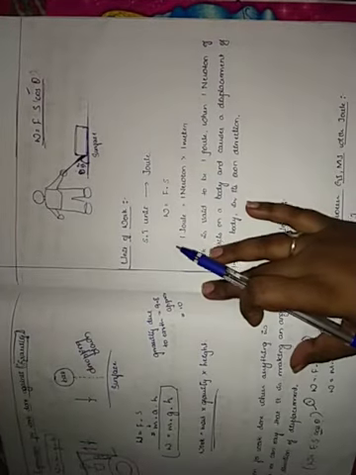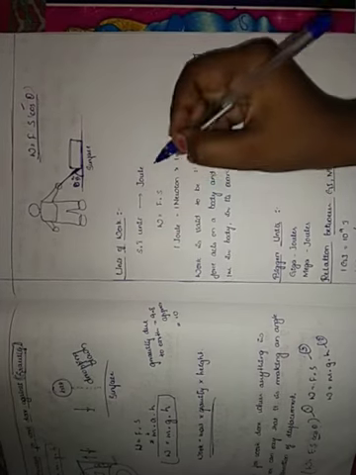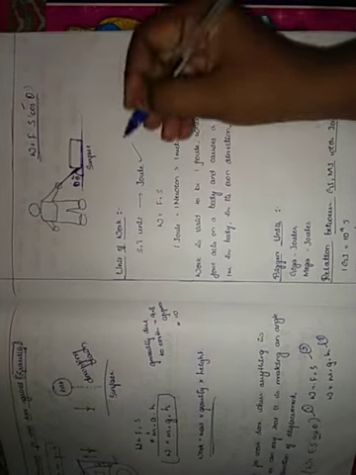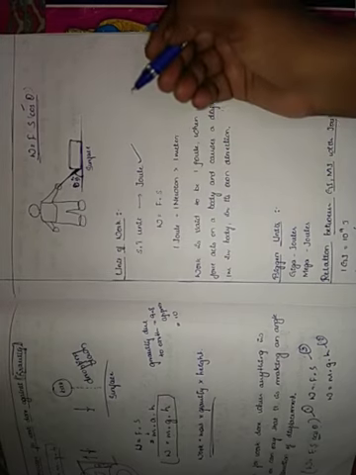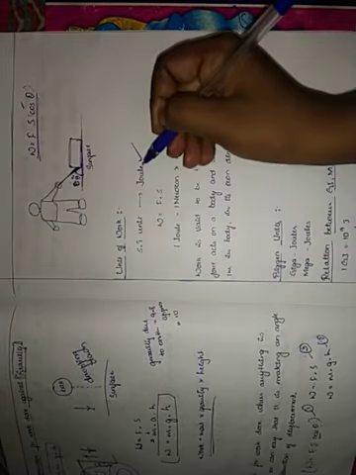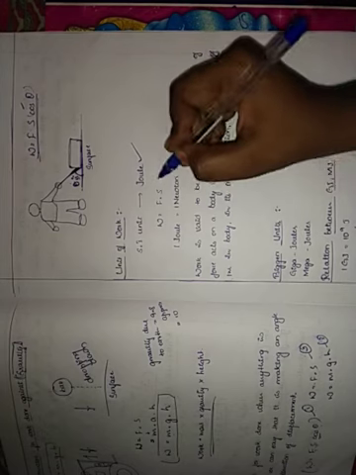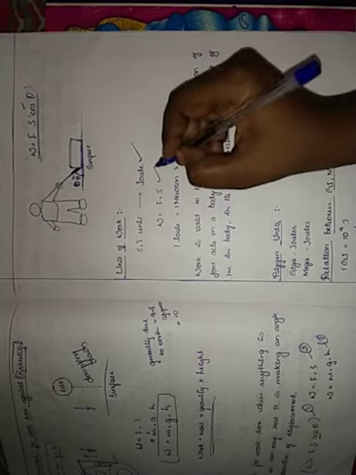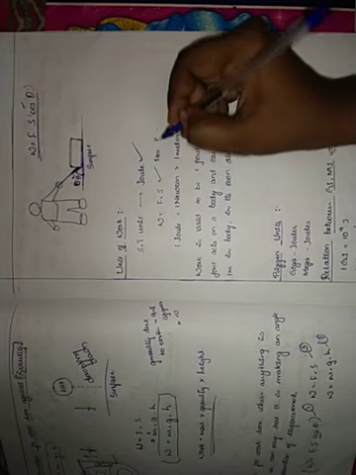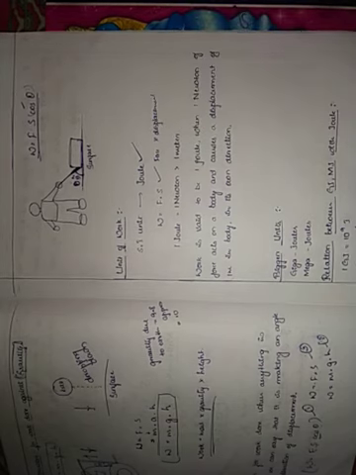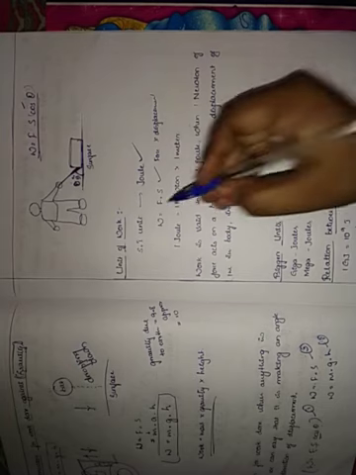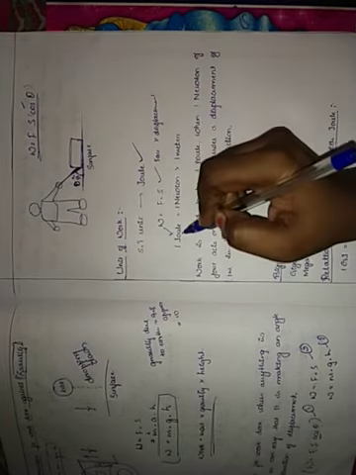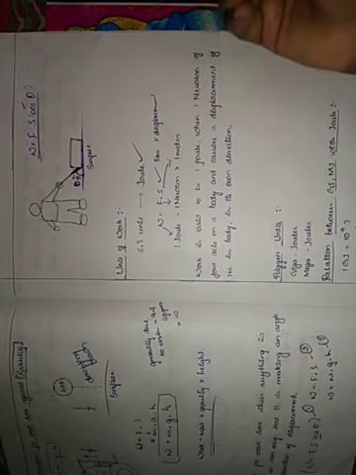And we do have some units of work. The unit of work in SI is joule. We already learnt this in the introduction part of work. So the SI unit is joule, where W is equals to F into S. We know force into displacement, isn't it? So W is equals to F into S. W is taken as 1 joule, and force is 1 Newton, and displacement in meters.